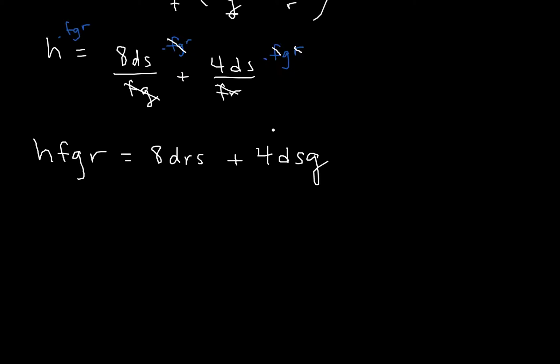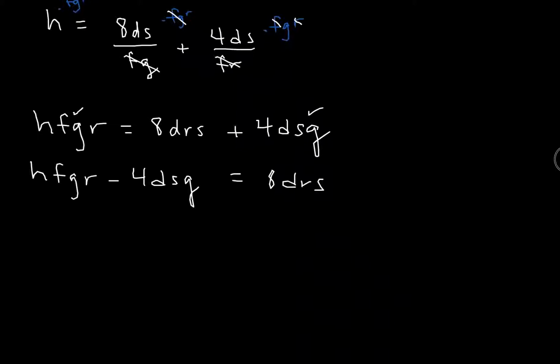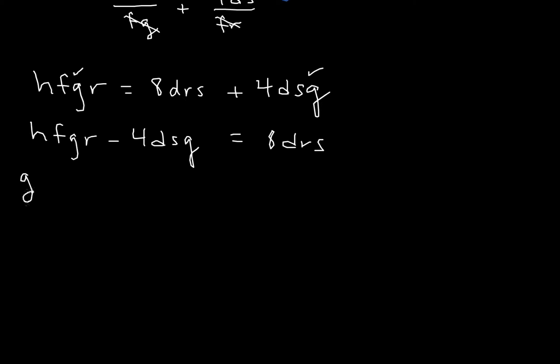Okay, hopefully we're good so far. Now, we're trying to solve for G, so we have a G here and a G here. We need to get them on the same side, so we get HFGR minus 4DSG equals 8DRS. Next step is you're going to factor out the G, so you get HFG, R, factor that G out,